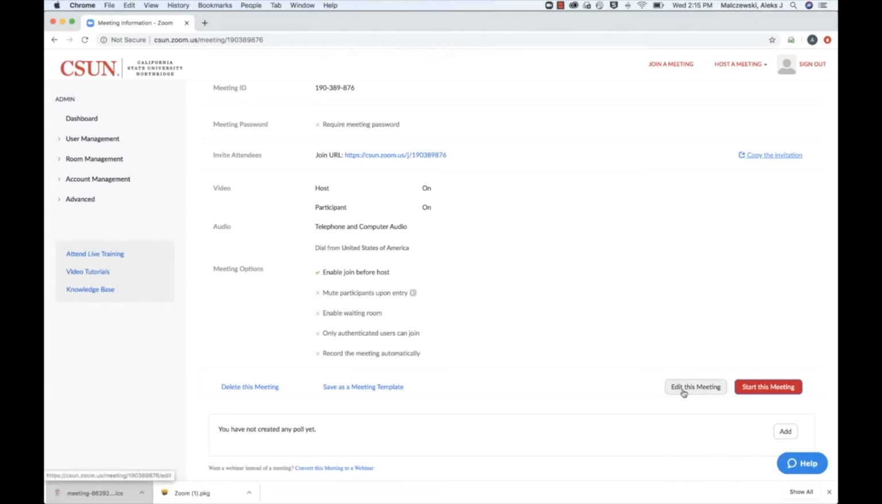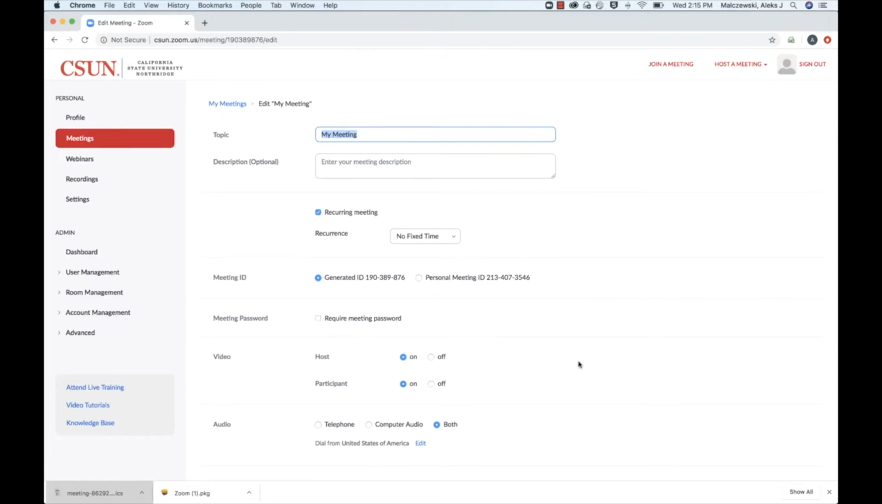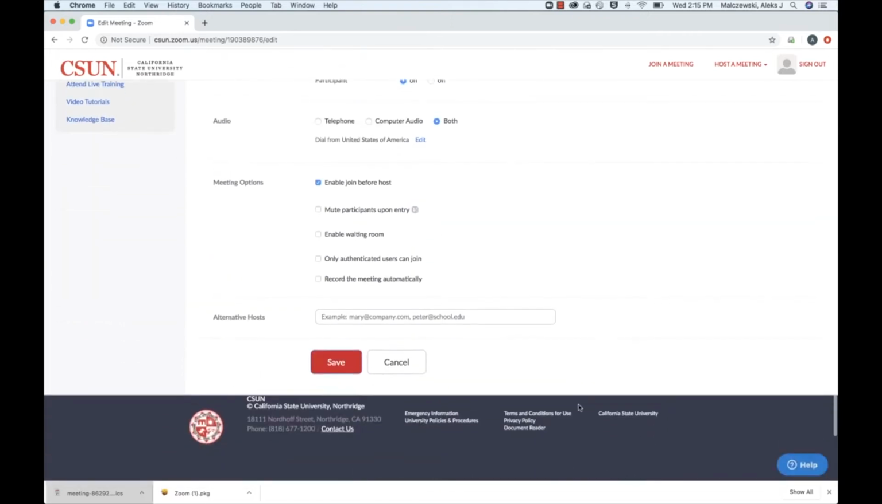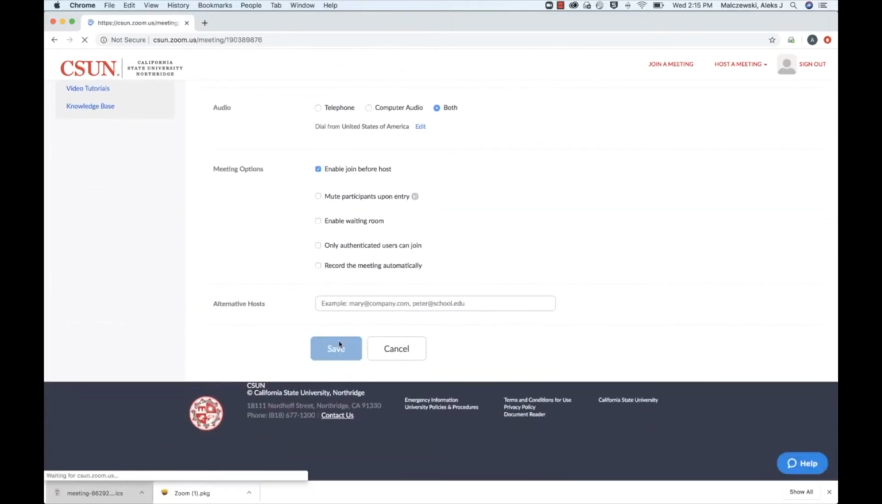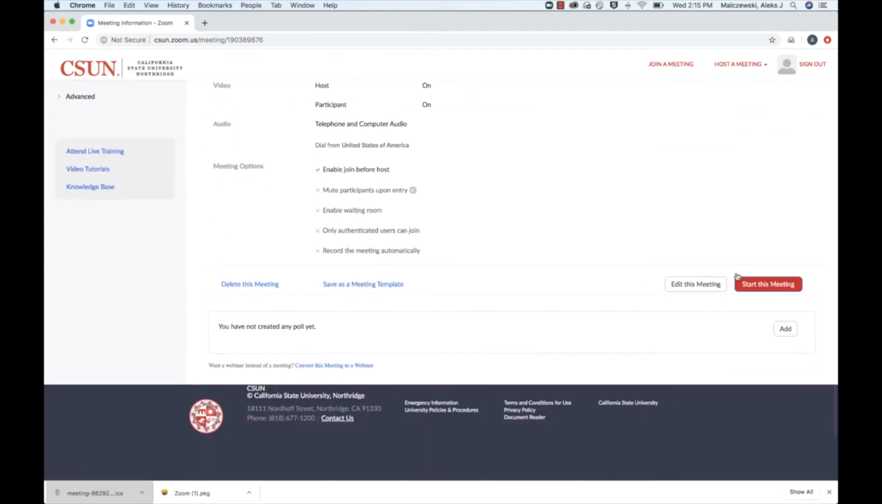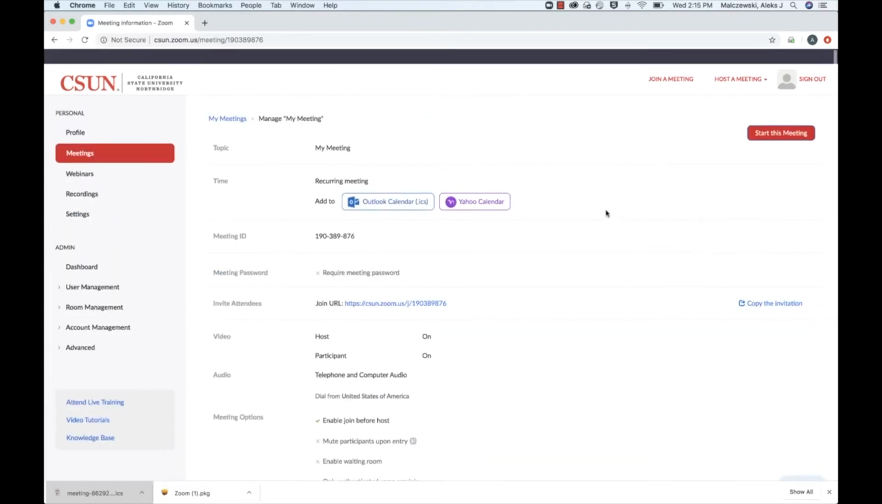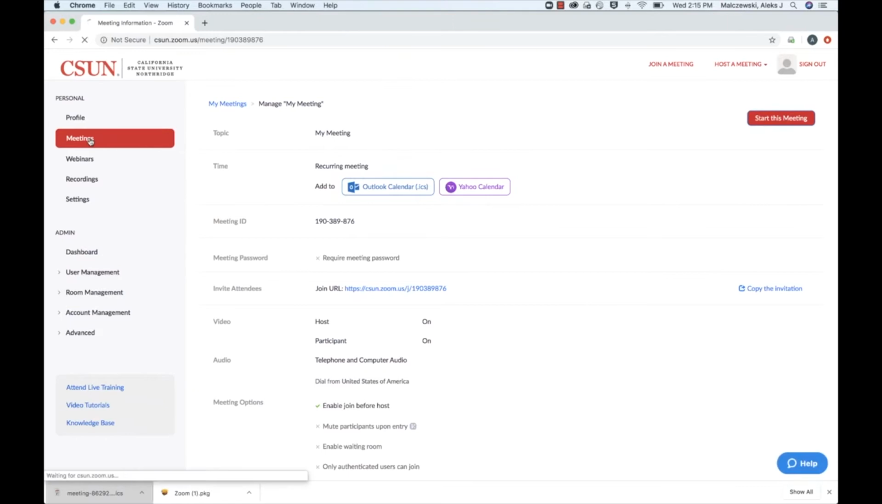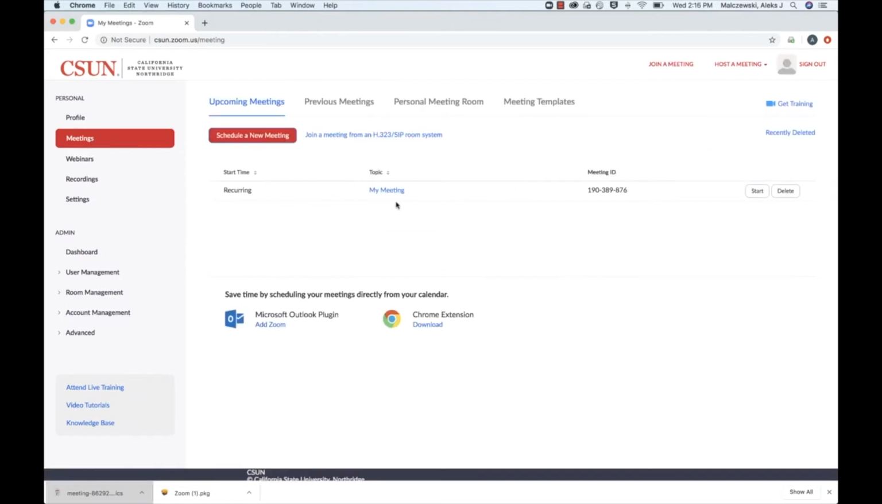If you need to make any changes, you can hit edit this meeting, which will bring you back to this page and this format again if you need to change or edit any of the information. But from here, you can also start the meeting, or what we're going to do is go back to the meetings page so that you can see that this is lined up in your meeting docket,